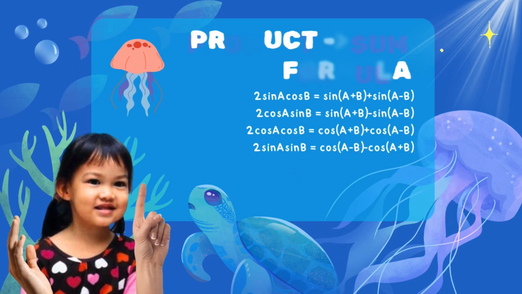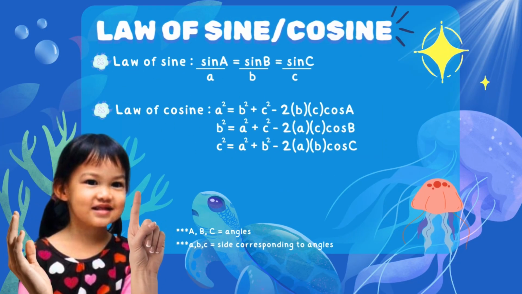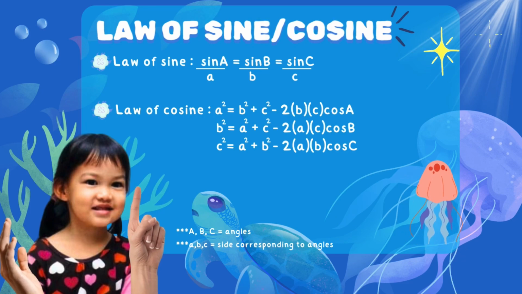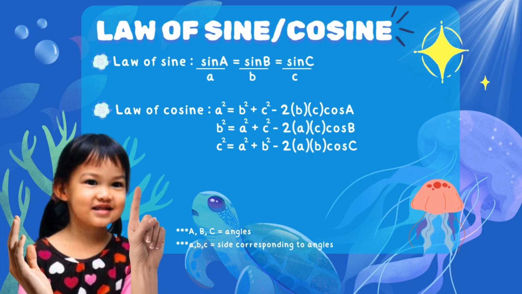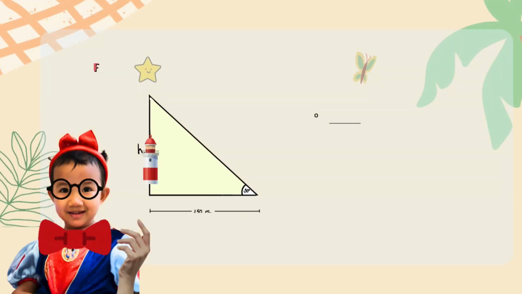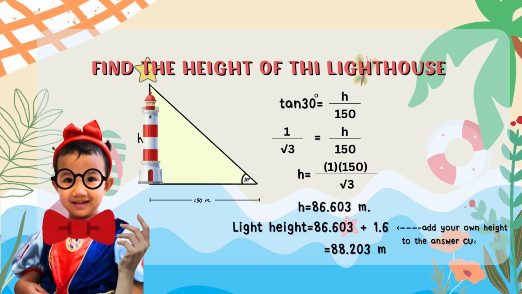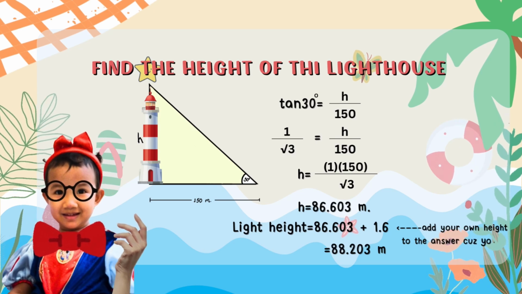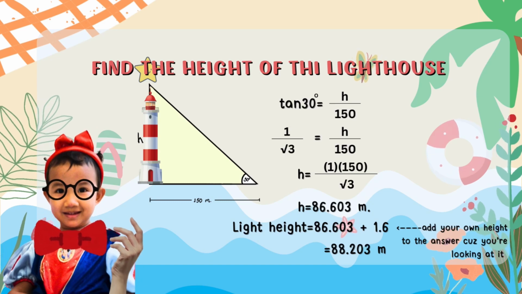Up next is the product to sum formula that you can see here. Finally, we had the law of sine and cosine, which is the one we use to find heights from angles of elevation and depression. When we know one side and two angles of a triangle, we have to use the law of sine. If we know two sides and one angle, we could use both, but cosine is better because it is more direct. And now, how to use them. Like, for example, the lighthouse that you mentioned. From my estimation, if we're staring at the top of the lighthouse, it would be at an angle of elevation of about 30 degrees. We can now find the height of the lighthouse. With only just that? Yup, and the answer to that question is